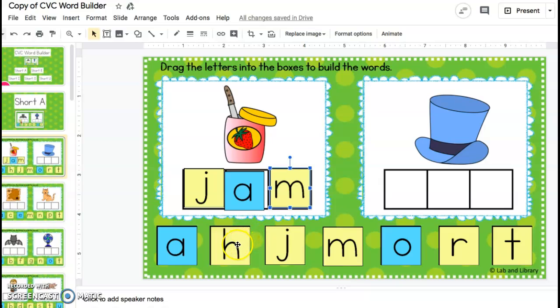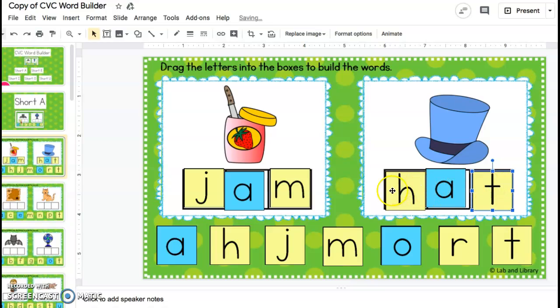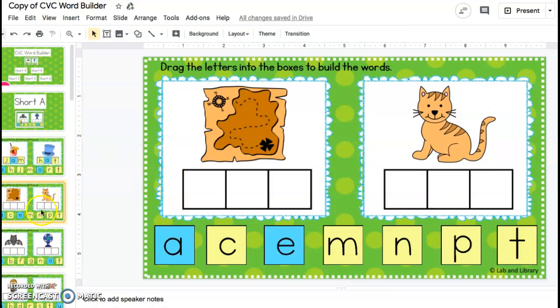Here we have a hat. Remember H like helicopter. You can move your arm in the air if you want. Ha, ha, ha. A, t, t, t, t. Ha, at, hat. Then you scroll down to the next page. Click over here. We have map, cat,